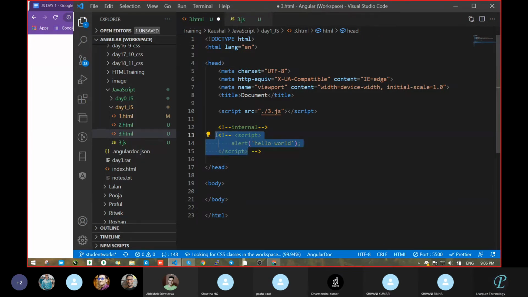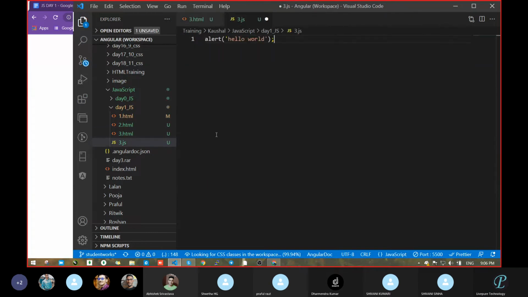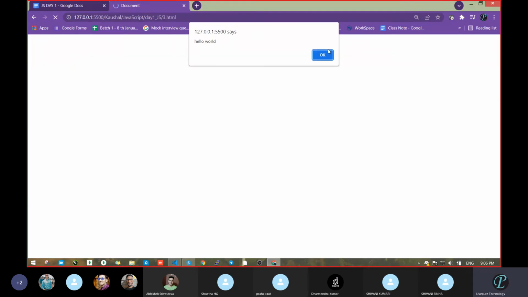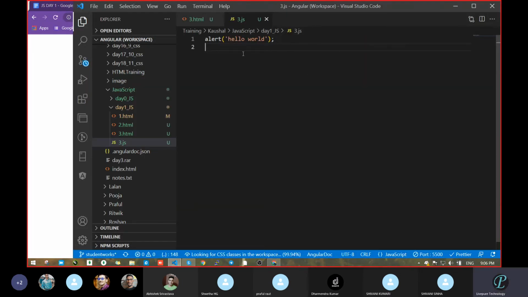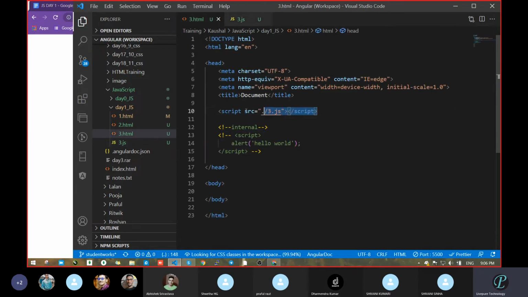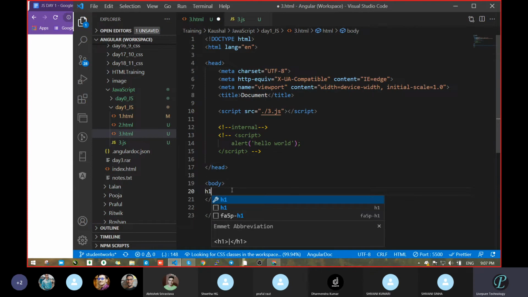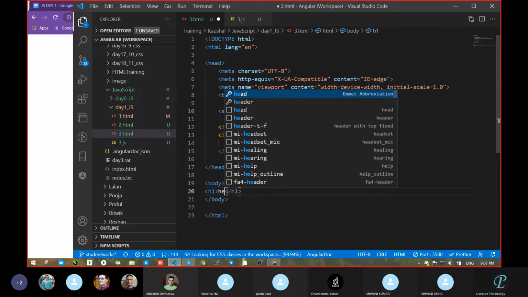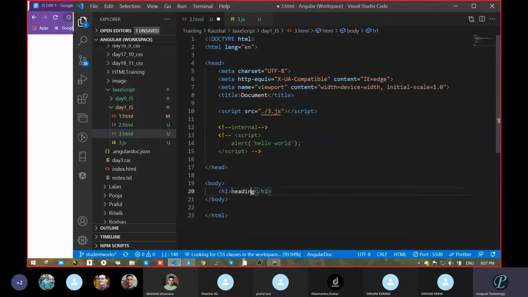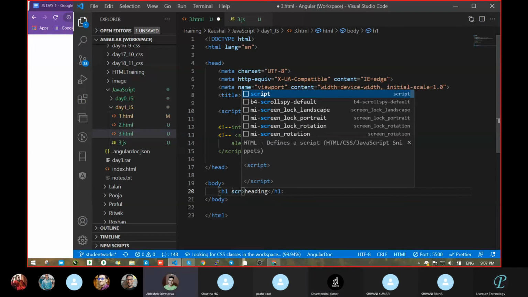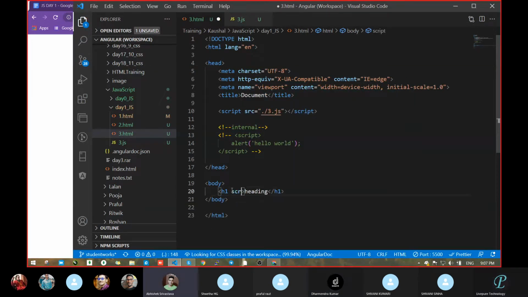Let's comment this. See, the same thing we were writing in the CSS; we were not doing anything, we just linked our external page. Same thing we did here. Can anyone tell me, can we write here or not? Is it possible to write a script inline here also? I have no idea.